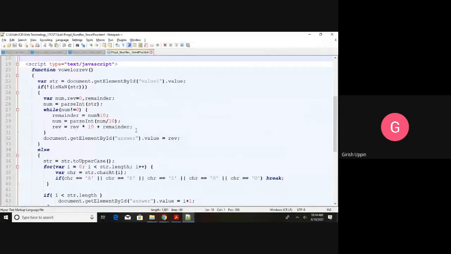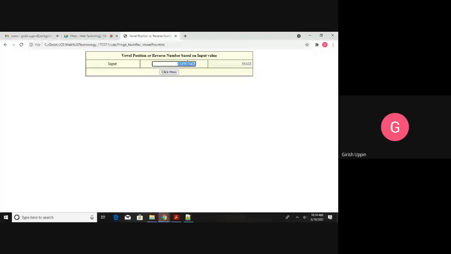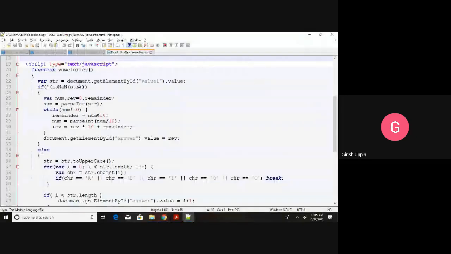Next scenario: let us say the user has given a text. I will say BBCRE. Okay, so the E is at the 4th position, let me make it the 5th position. Now this is the text. When we click on this button, again it is going to call that method, and we are going to read this. If I click here, I get the answer as 5. So it will call the method, then we access that value using document.getElementById value1 .value.